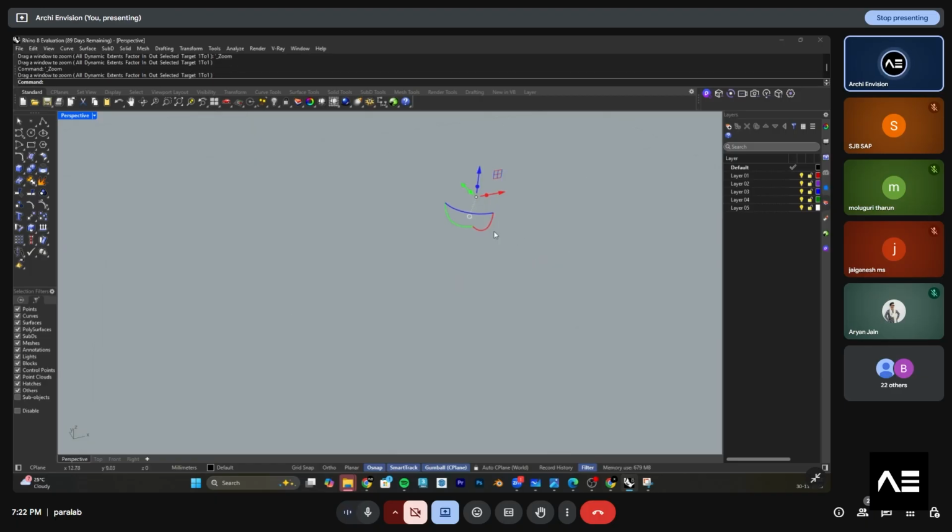Space is the command which will give you the latest command. For example, if you just type point, it will click on it, and if you type space, it will bring you the last command which was done. If you click on a line, it will bring you the line.